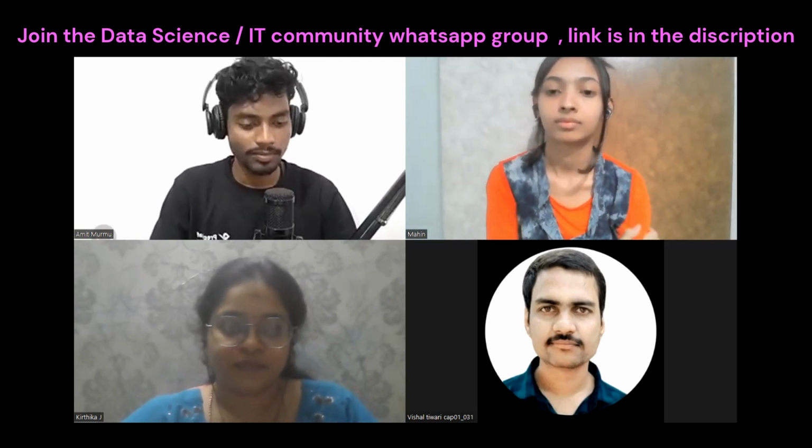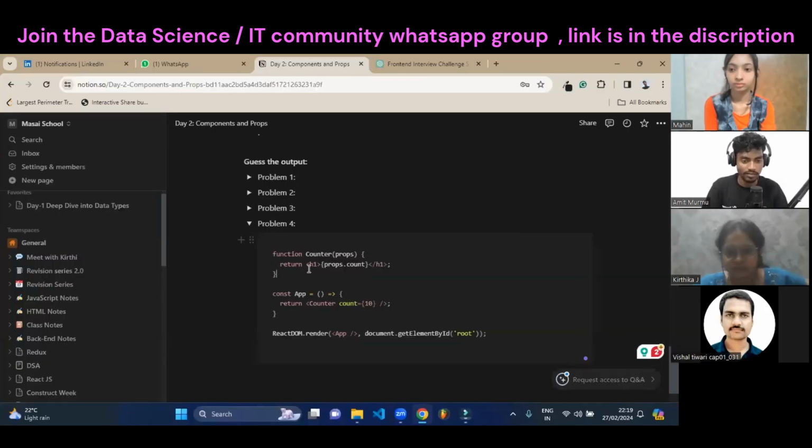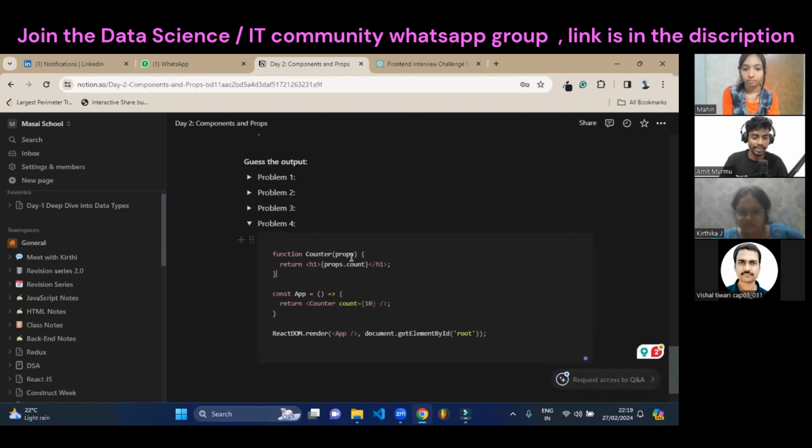Okay, so let me share my screen, guys. And let me open this. Yeah. So Vishal, this is the question. We have one functional component here, Counter, and that Counter component takes one prop, and inside it is just returning one h1 tag with props.count. And I'm using that Counter here. So you need to tell me when this whole thing gets rendered into the DOM,